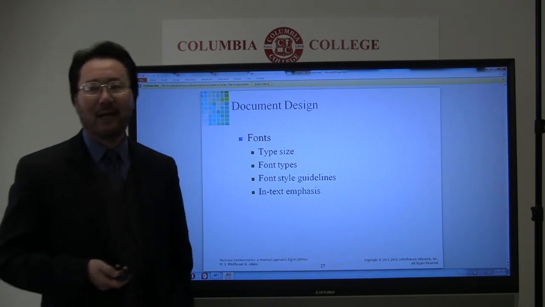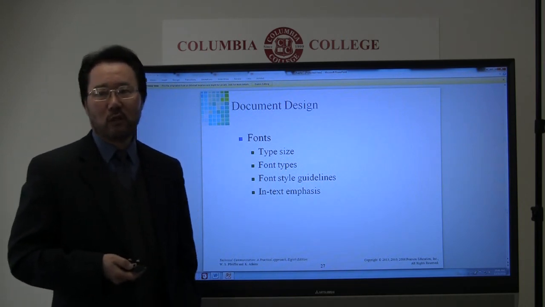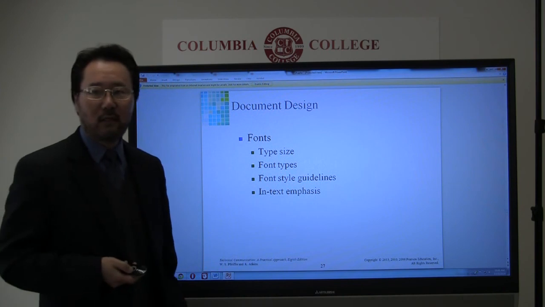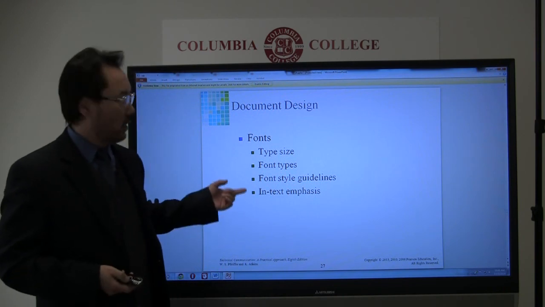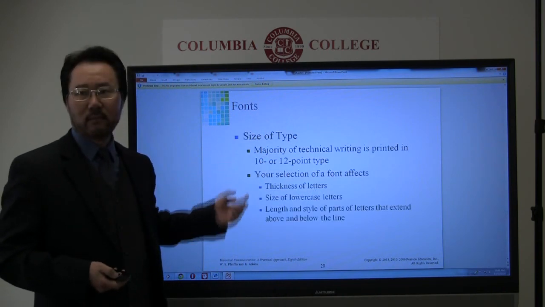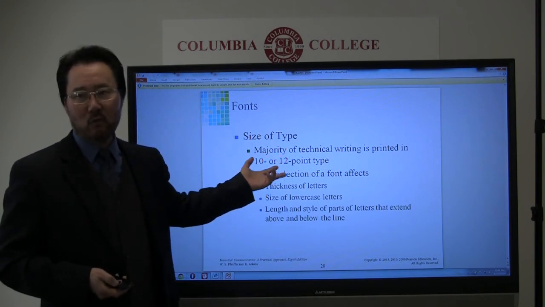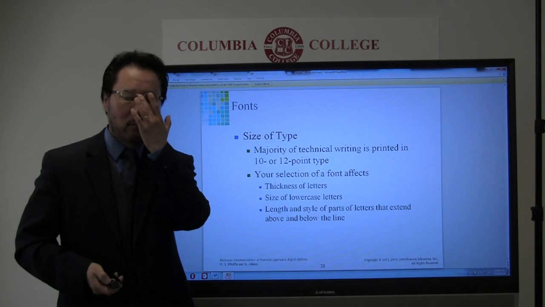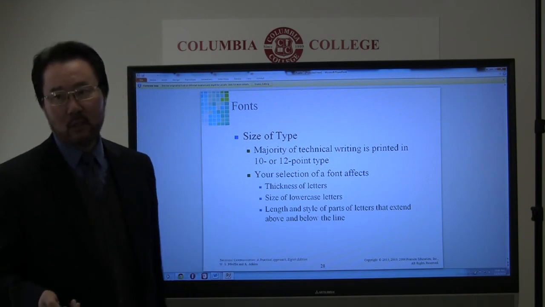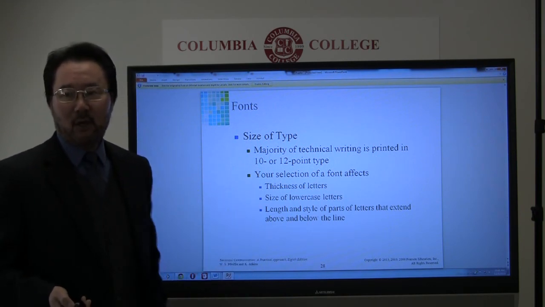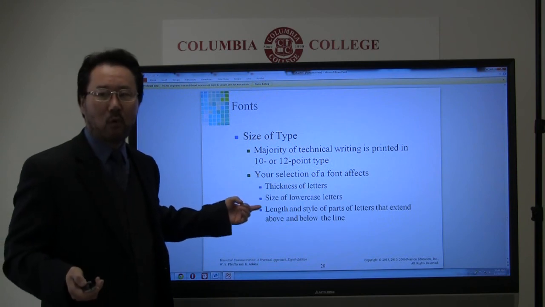Font, what kind of font you want to use, and you also have to decide font style and font size. Size of the typing, whether you want to use 10-point or 12-point, the standard point size is 12 points. And font effect, you can make it bold or you can